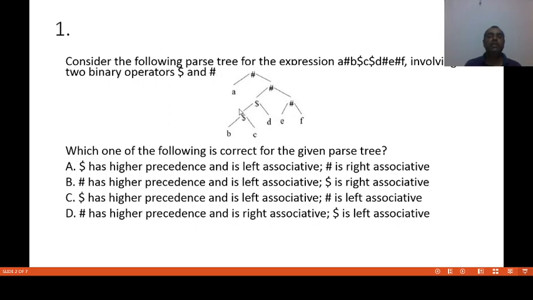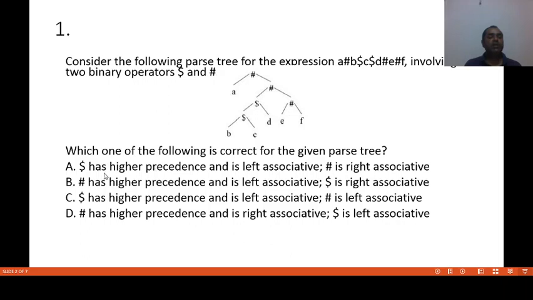Suppose that I am just taking this tree as T1, so T1 has E # F. In this case, E # F will be evaluated first, then T1 with the result of this will be evaluated. So we can say hash is right associative because the right hash is evaluated first, then the left hash is evaluated.